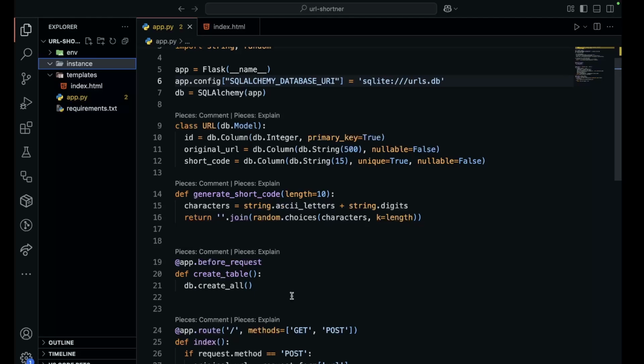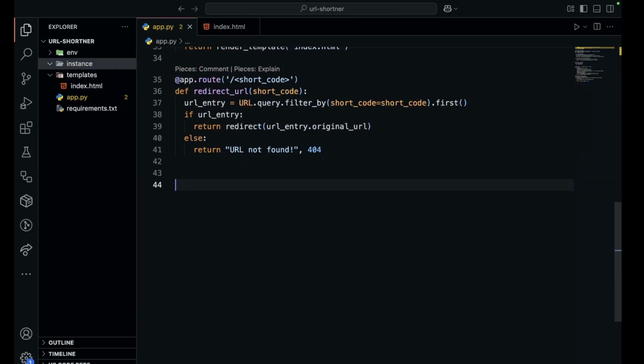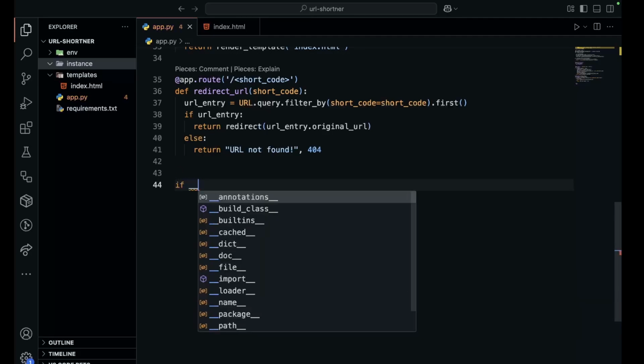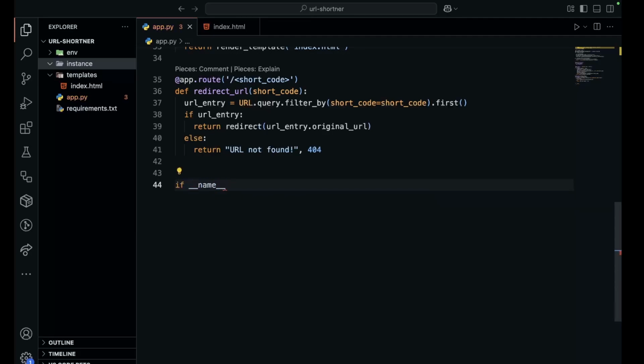Now, for you to run your Flask application after you have written your logic, there's something that you need to add at the bottom, and that should be able to initialize your Flask project. And it's this: if name equals to